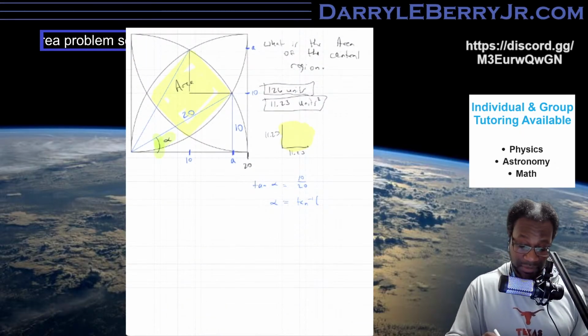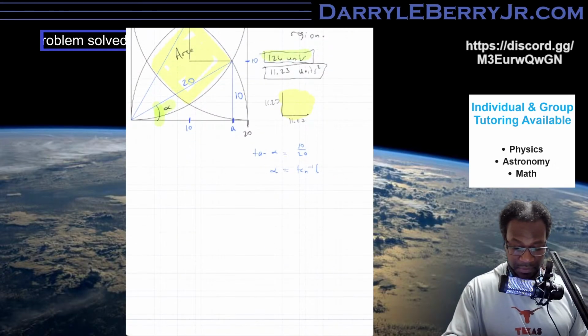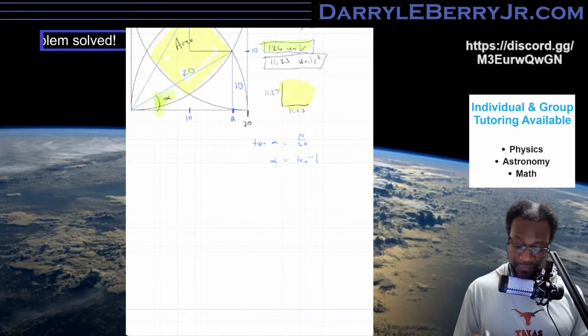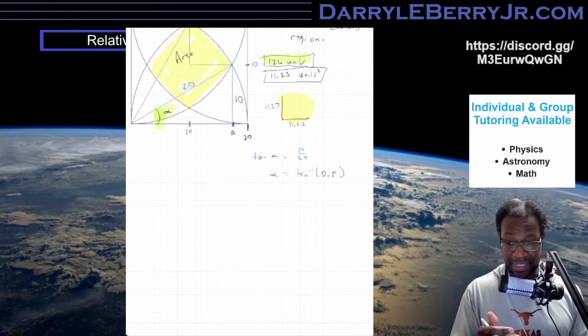So that's what I have right there. I rounded a bit. So alpha is tan inverse of 0.5. And there we go. So we can get that alpha. And now that we have alpha,